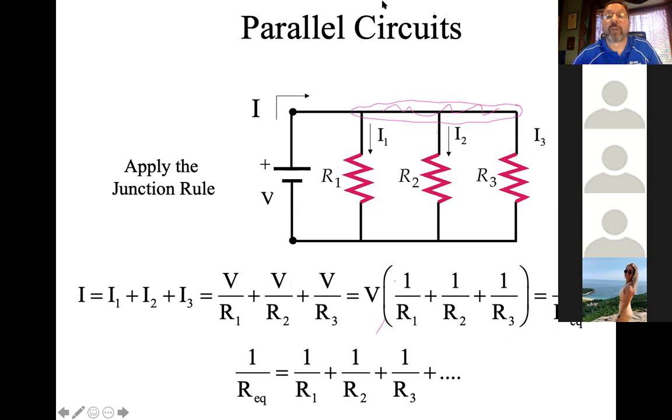You might remember that's exactly the opposite. I need to move here so I can write again. Come on, give me my little annotate button, there it is, okay. I think if you remember, for capacitors in parallel, the equivalent capacitance was just the sum of C1 plus C2 plus C3. So again, it's absolutely backwards. The rule for the equivalent circuit element for capacitors is opposite compared to resistors, and it's just something you have to learn. Okay, good stuff. And I'm kind of done talking about the rules now.